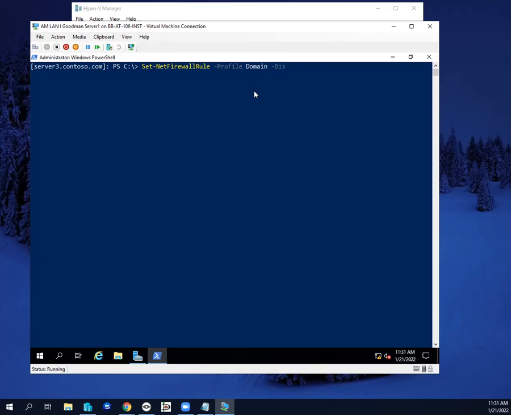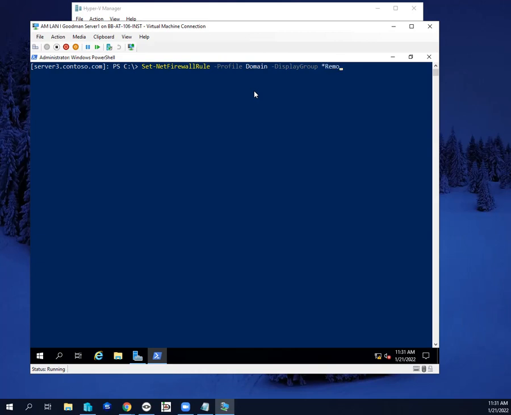-DisplayGroup. I can just type DIS and hit tab until it gets to DisplayGroup. That's how I type so fast. I use my tab complete to cycle through stuff. I've got to get the first few letters in. I wouldn't want to just type Set- and hit tab because there are probably 150 Set commands. That'd be kind of obnoxious, but Set-NetFire and hitting tab until I get it would work. But here, DisplayGroup, I'm going to put in